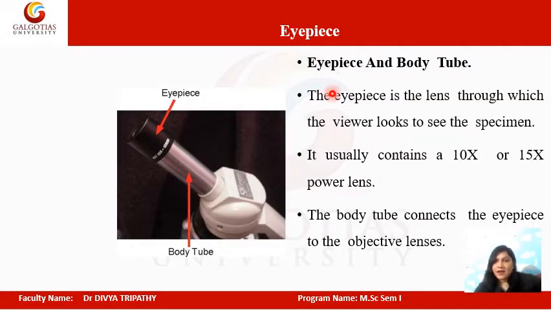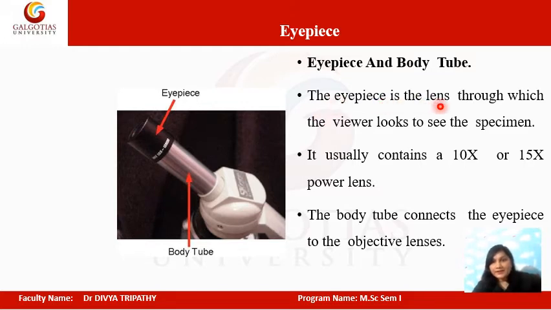The first part was the eyepiece and body tube. Actually why are we having eyepiece and body tube together? Because the eyepiece is mounted in the body tube or the optical tube. Okay, this is the eyepiece. You can see here, this is the side of the lens which is closer to the eye of the observer. Okay, and this lens, generally a biconvex lens, is mounted in a tube-like structure which is known as the body tube.